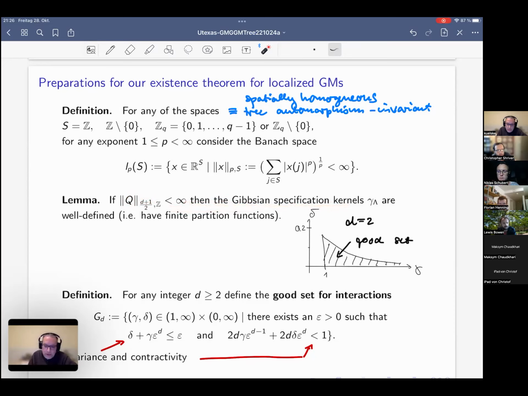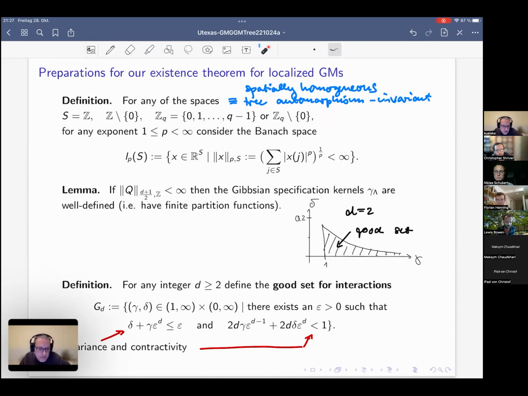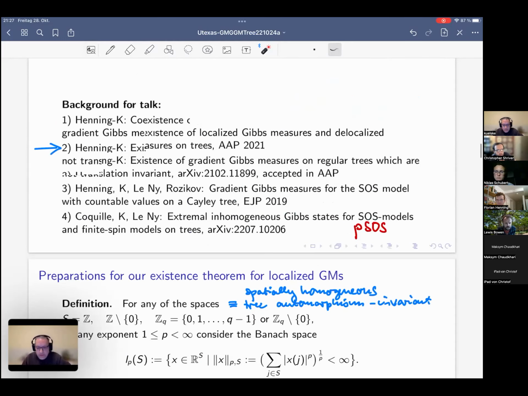So we will need to work in certain spaces, and essentially it will be interesting to work in the local state space Z and also Z_Q, but we also take away the zero in both of these groups, and allow that S is one of these choices. Okay, and of course we need, because of the unboundedness of the variables, if we look at how our model was defined.